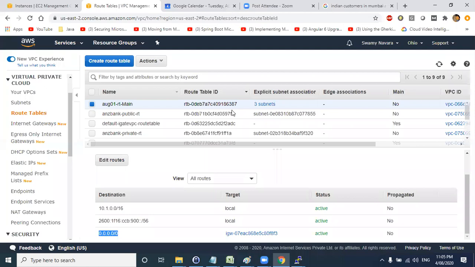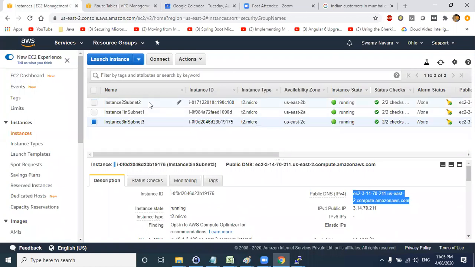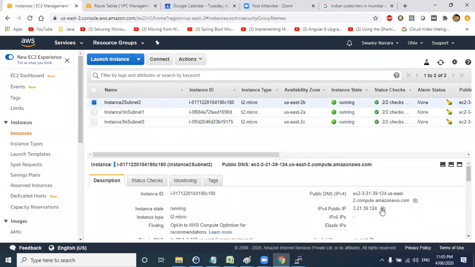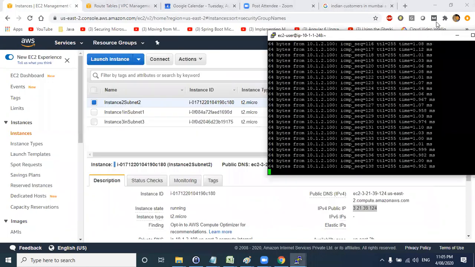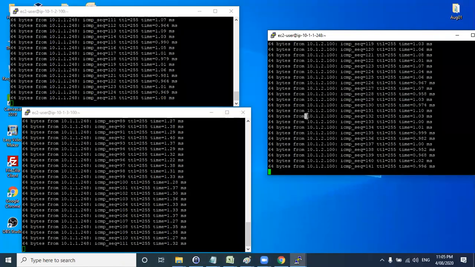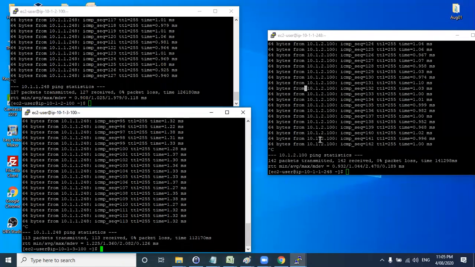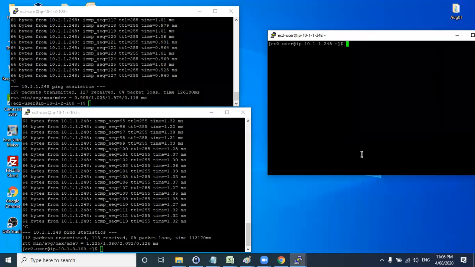Harish asks what will happen if we ping using the public IP. Yes, you can do that, because we allowed the public, 0.0.0.0, through the internet gateway, so you will be able to do that. Now let me go to EC2 instances and select one of them. This is the public IP for the EC2 machine. So you can go here, from machine 1, and ping.